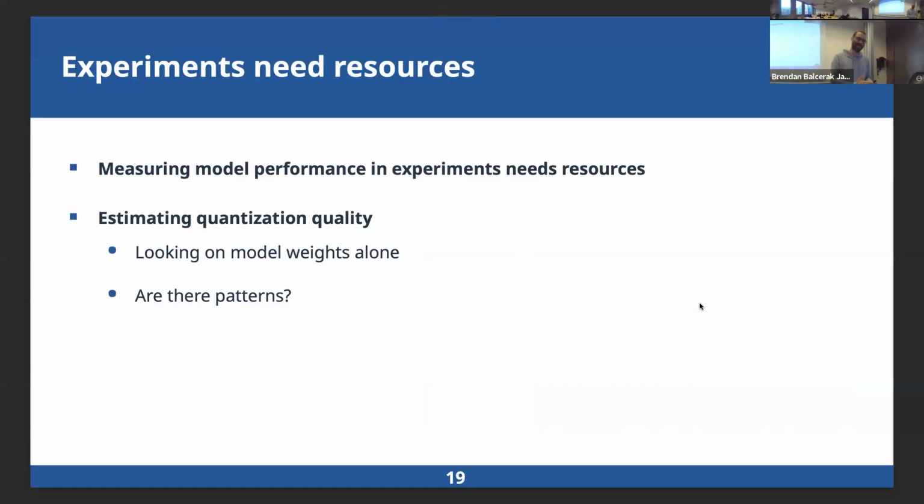We need to run the inference on all these data sets. Maybe there is a way that we can already see what model degradation we can expect by just having a look at the weights of the model. Wouldn't this be much leaner, much more efficient? So maybe there are some patterns we can use. And yeah, luckily